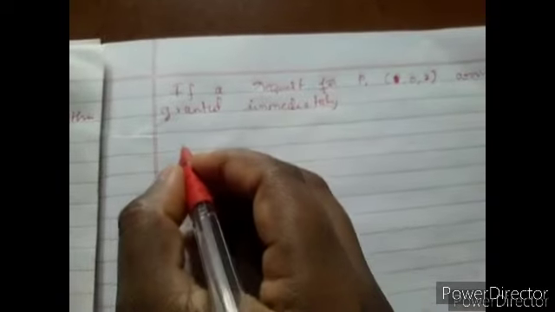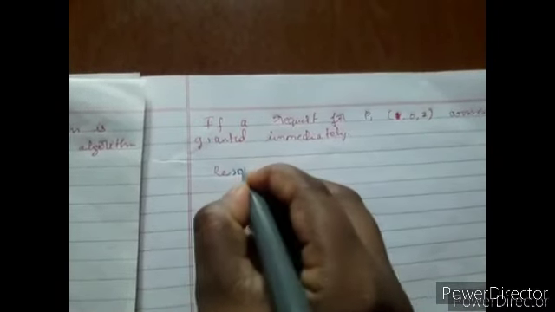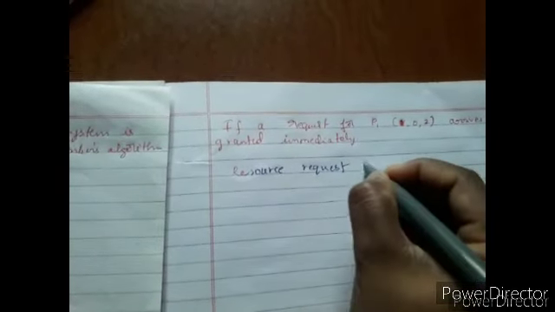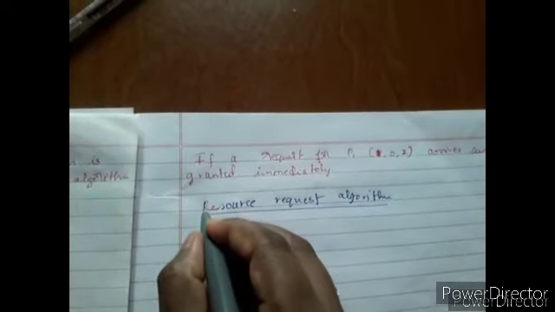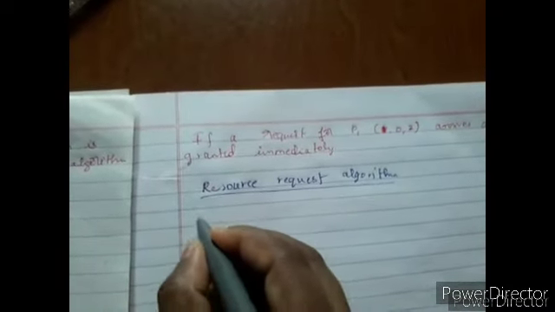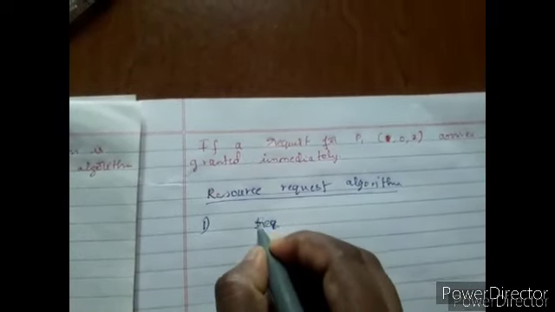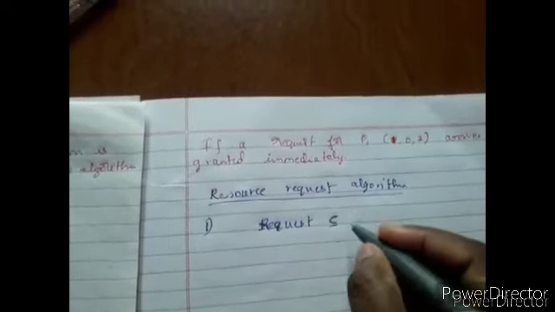Okay, now we'll solve problems on this one, how the request can be granted here. So before going to the safety algorithm, first we need to apply the resource request algorithm, since this is a request from the process P1. In this resource request algorithm, there are two conditions we need to check. First one is whether request is less than or equal to need.